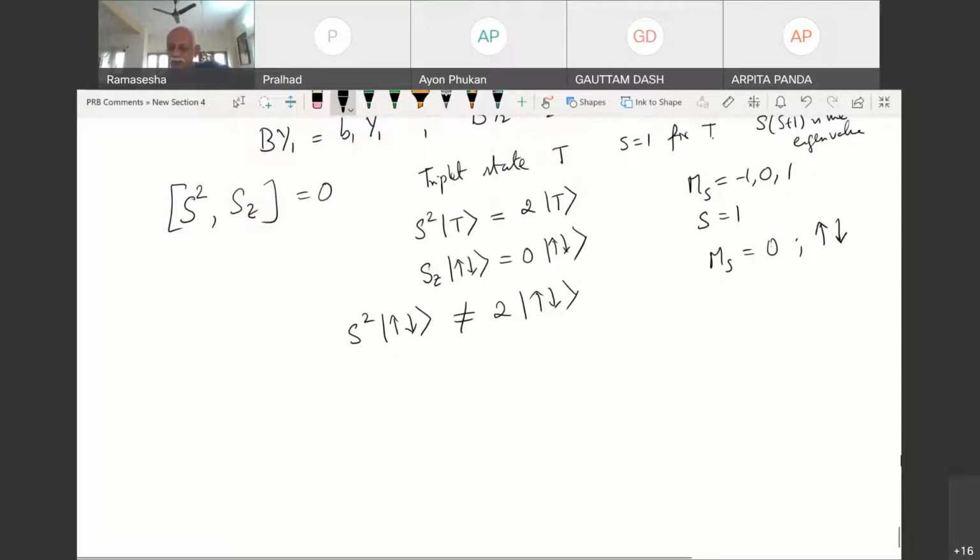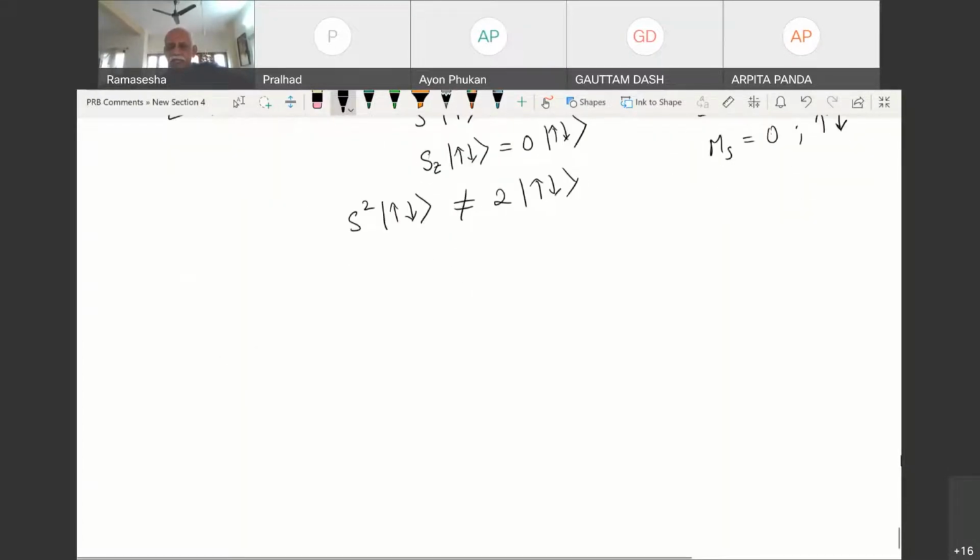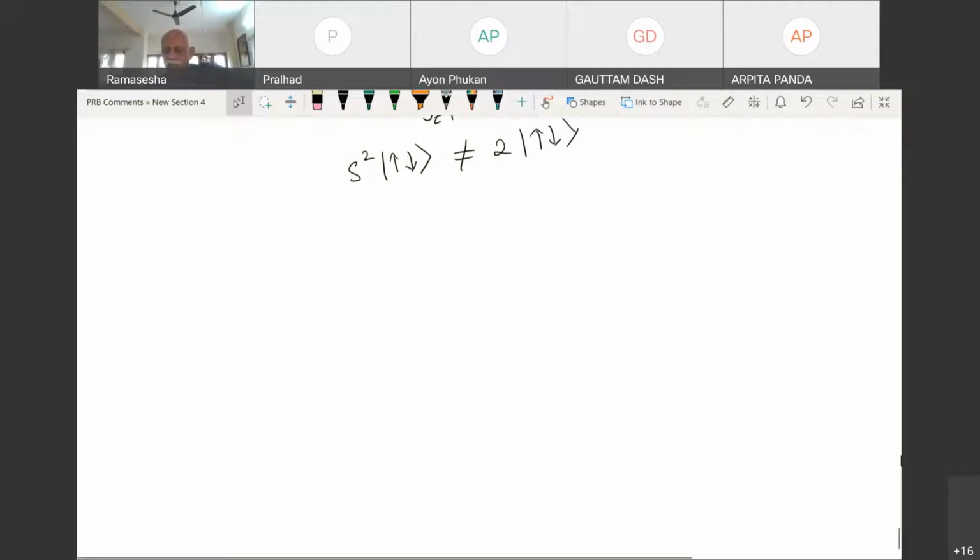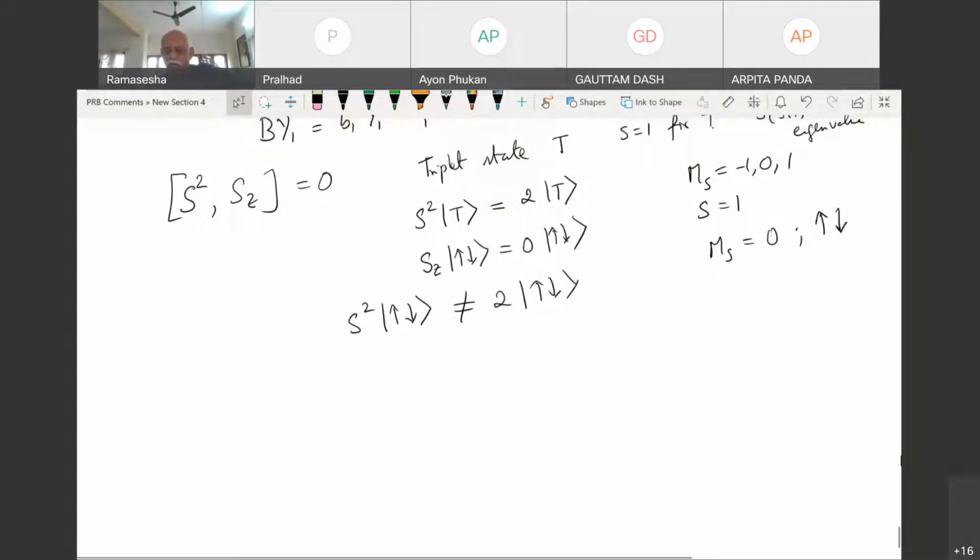This is something that you can figure out by looking at spin algebra, angular momentum algebra. Have you done angular momentum operators? Yes, sir, some we have done. I have done ladder operators. Yes, ladder also we have done. I don't remember much though. If you read that, you will find that, for example, while up down has Sz equal to 0, S squared operating upon up down won't give you up down. It will give you up down plus down up, some linear combination.